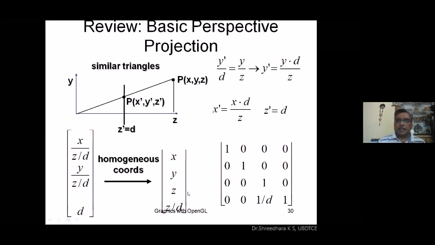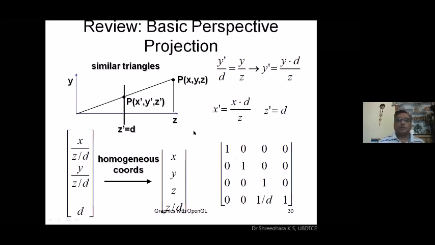Then the resulting transformation matrix looks like 1 0 0 0, 0 1 0 0, and if you observe, only the last row will be 0 0 1 by d 1. Now use this transformation matrix, multiply with your data, and you get the new values of x dash, y dash, z dash, similar to our scaling and rotation matrices, the way in which you have calculated. This is the transformation matrix for perspective projection.